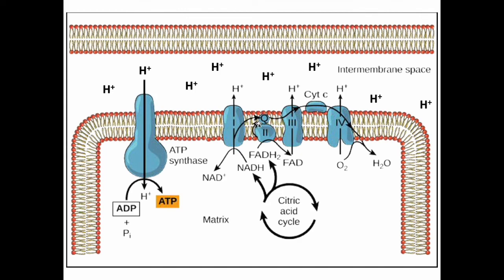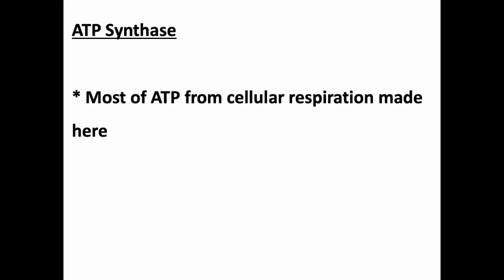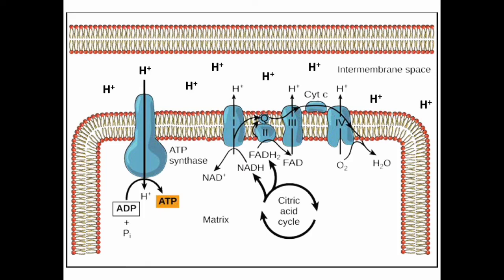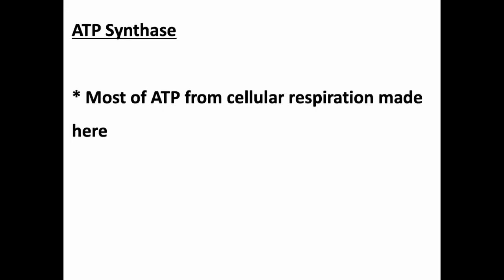They shut down different parts of the electron transport chain. And cyanide will kill you real good, because if you can't do the electron transport chain, you can't pump protons, which means there's going to be no proton gradient, which means ATP synthase can't do its job. Most of our ATP comes from ATP synthase, so you're going to be dead due to lack of energy, due to lack of ATP. So yes, these two are right next to one another, and this is our big payoff of everything. Most of our ATP comes from ATP synthase.